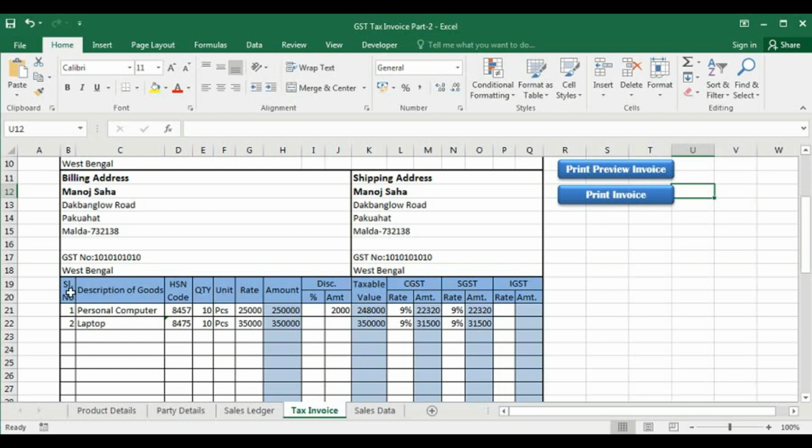So first is serial number, description of goods,